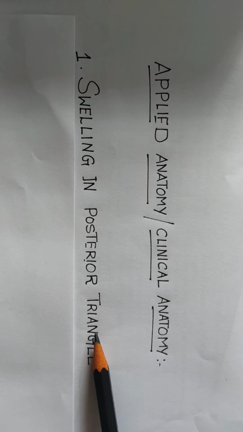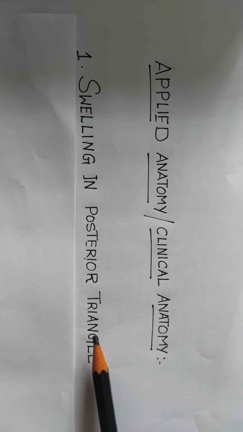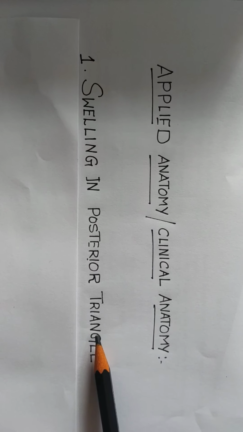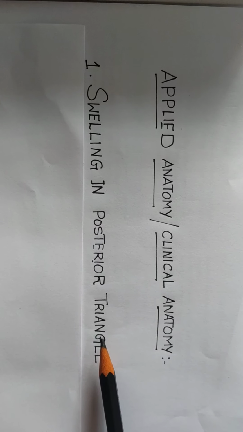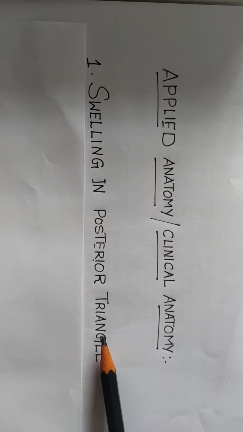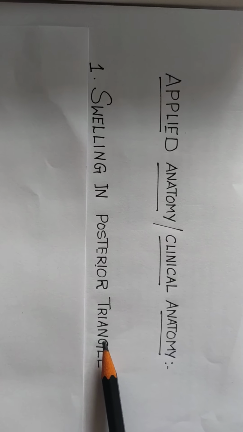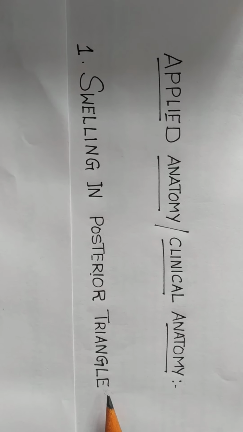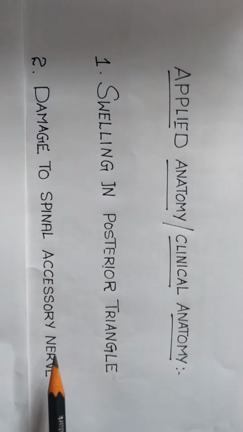Supraclavicular lymph nodes are enlarged in tuberculosis, Hodgkin's disease, malignant growth of mammary gland, and malignancy in chest and arm. Left supraclavicular lymph nodes, also called Virchow's lymph nodes, are commonly involved in metastasis from cancer stomach, cancer testis, and cancer of other abdominal organs.